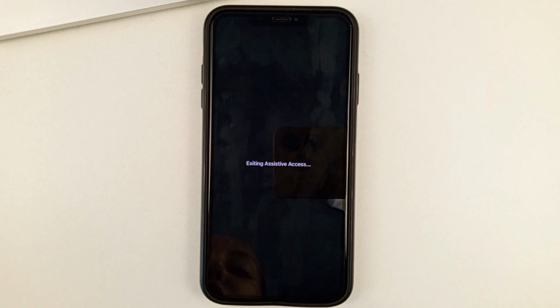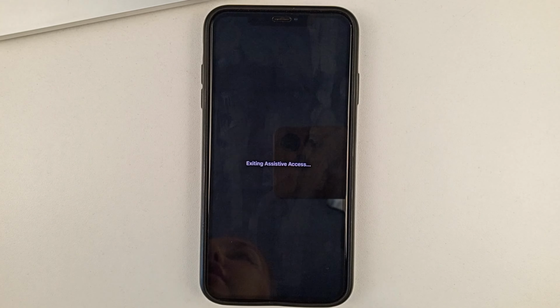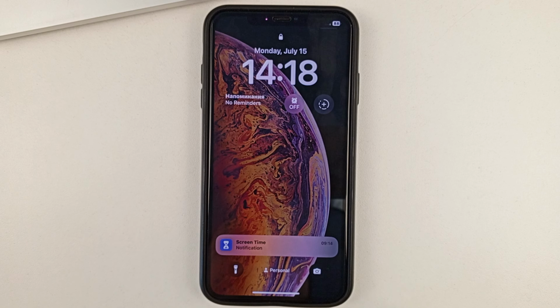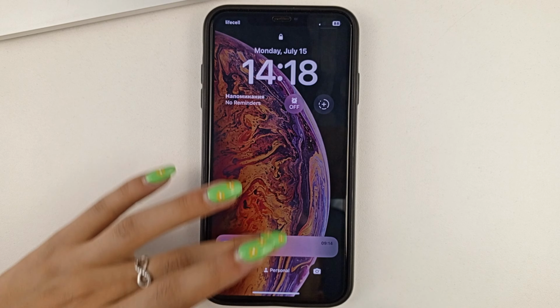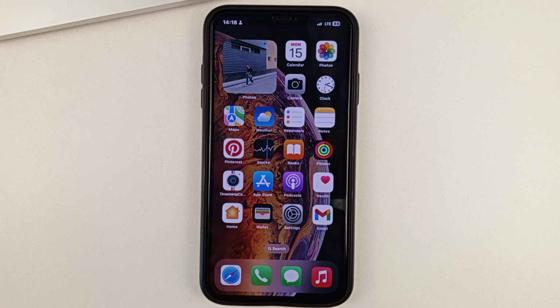So, after you enter your password, if it is correct, your iPhone will immediately start to reboot and reconfigure from auxiliary to normal mode. It will take no more than 10 seconds, and after you go back to normal mode, you can also enter your phone password, and as you can see, the phone went to normal mode.